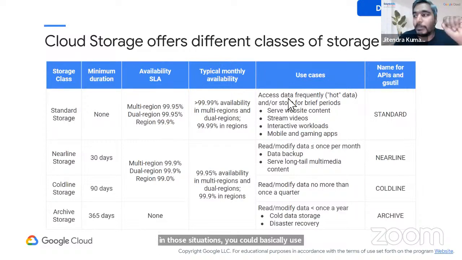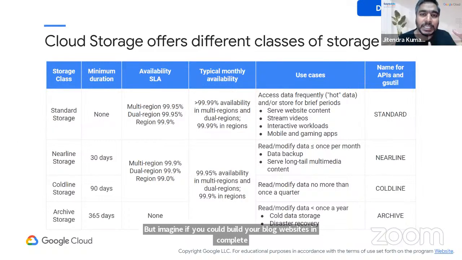One more very important use case I have not touched upon, and that you can think about. Imagine I'm a student and I'm running my own blog. If I write that blog in WordPress, I pay for a lot of components, and it becomes quite heavy, in the sense that WordPress needs MySQL, and it also needs a server. It's a server-side application that is being run here. But imagine if you could build your blog website in a complete static form.